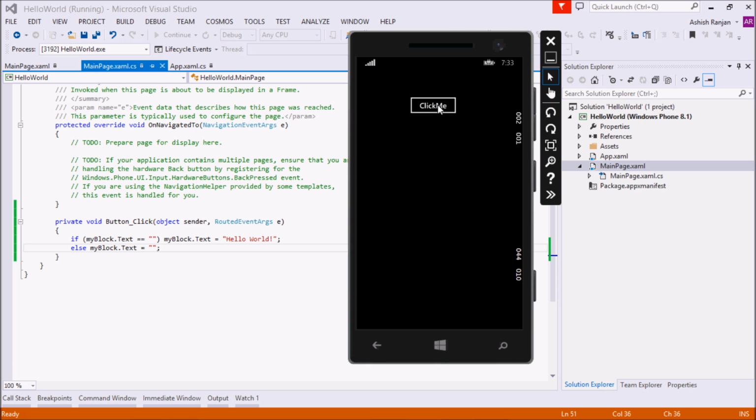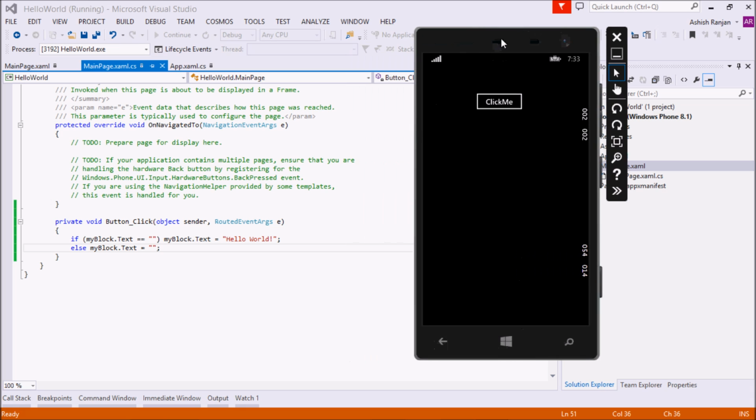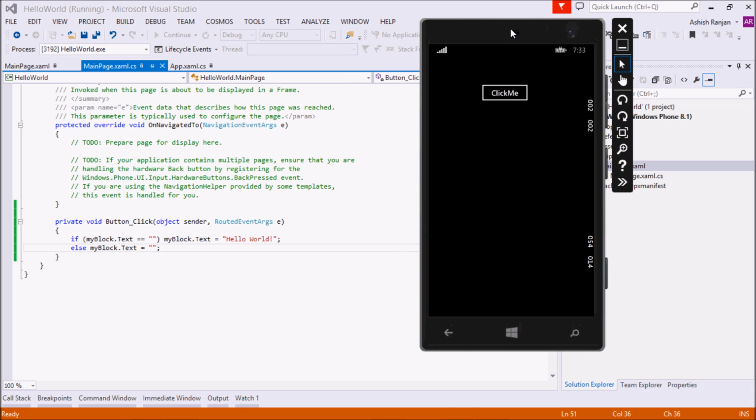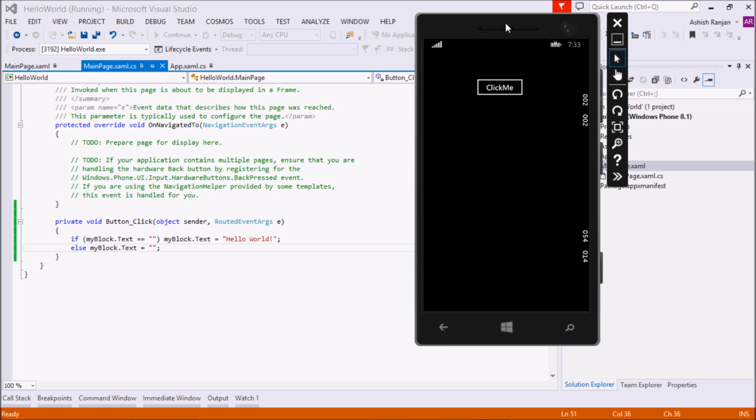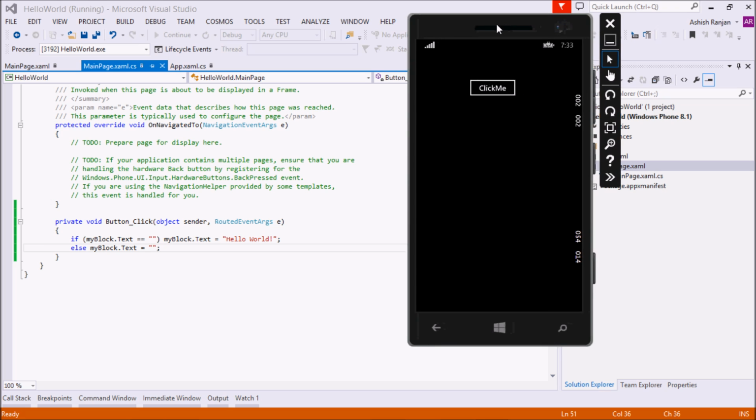So when I press this button, it will go to the if statement, and I just change the text property of my block to hello world, like this. And now since it's not empty, it will go to the else statement and just empty the text block like this. So this is your first app, the hello world app. So congrats, you now know how to build your first app